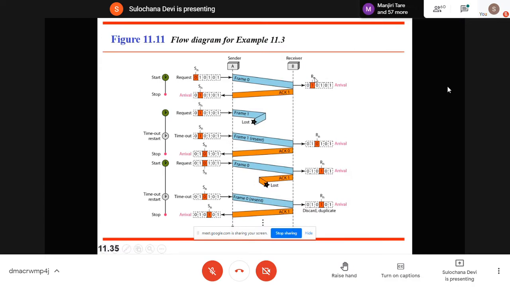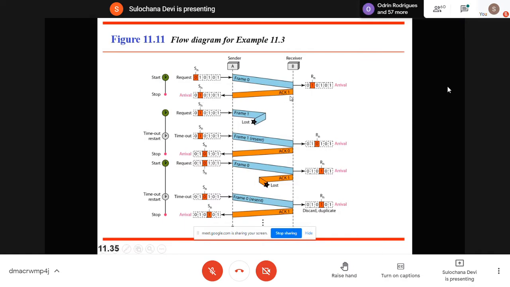Now increment the value of RN by 1. Now RN will point to 1. Now prepare an acknowledgement frame, put the value of RN into the acknowledgement frame and transmit it. Here, after sending the frame, you incremented SN, so it is pointing to 1. When the acknowledgement is received, you compare this acknowledgement number with the current value of SN. If it is the same, it means the previous frame is received and now this frame is expected.